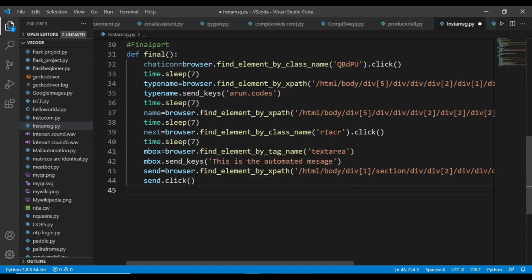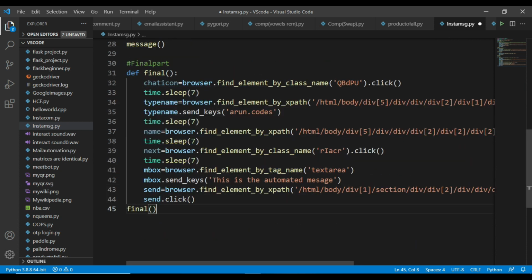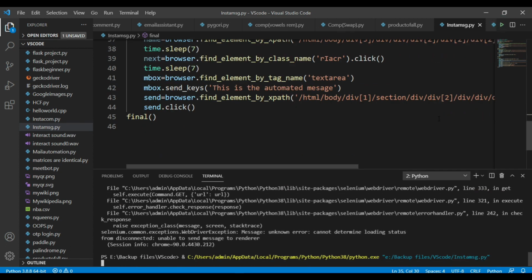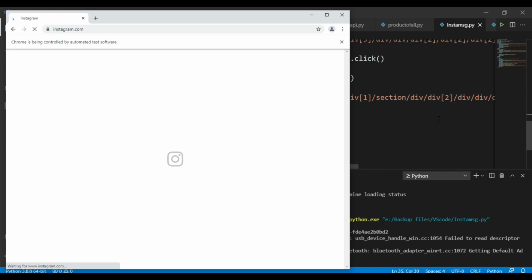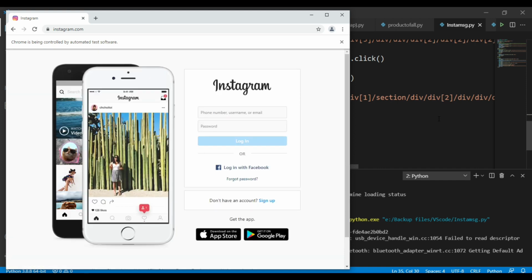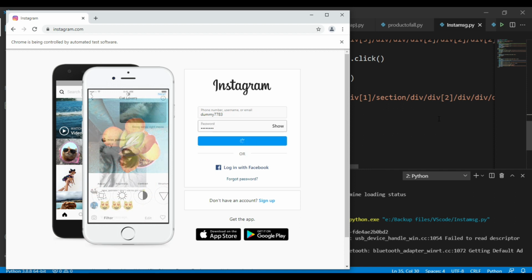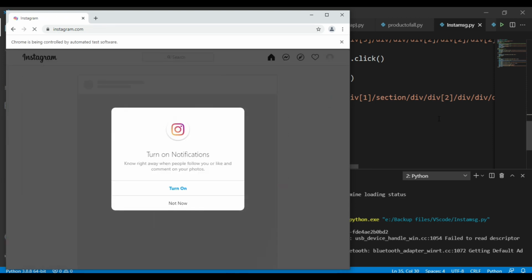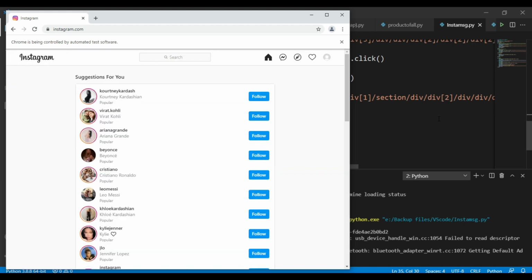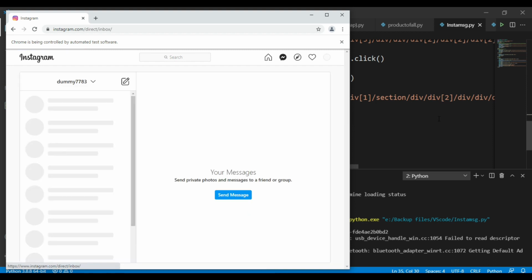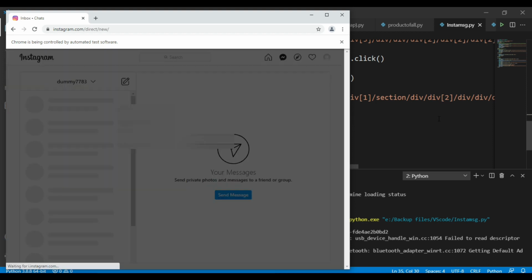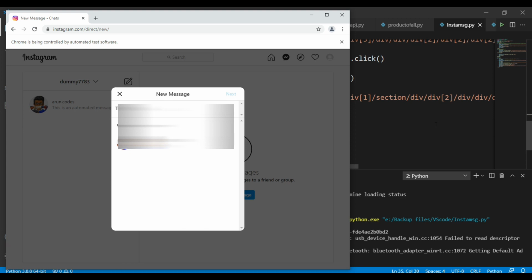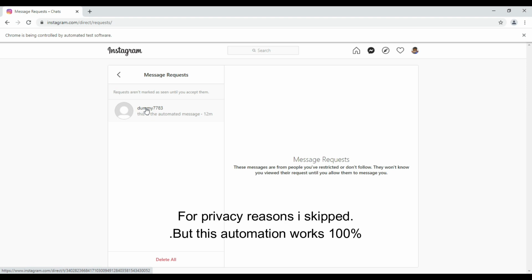So that's all about the code, and let's run this program. You can see this program works well and we don't get any errors while running this program.